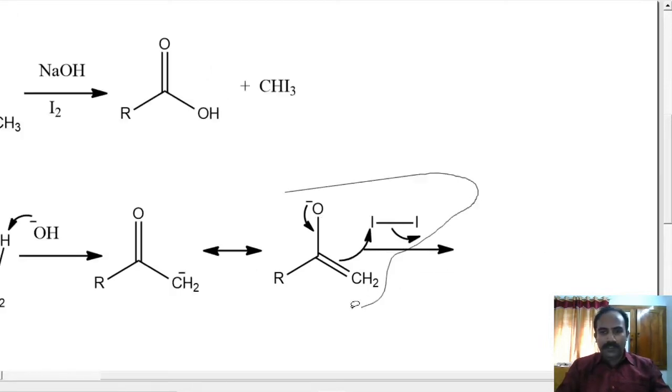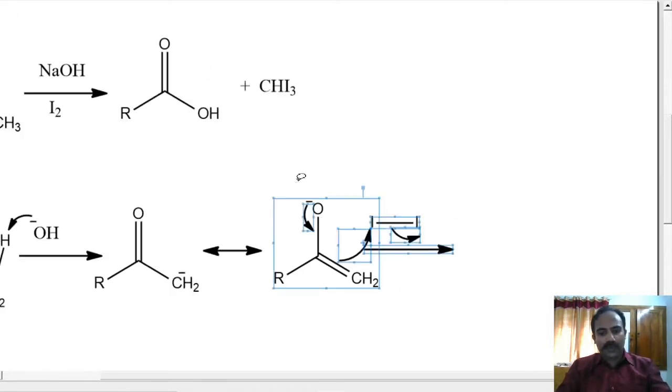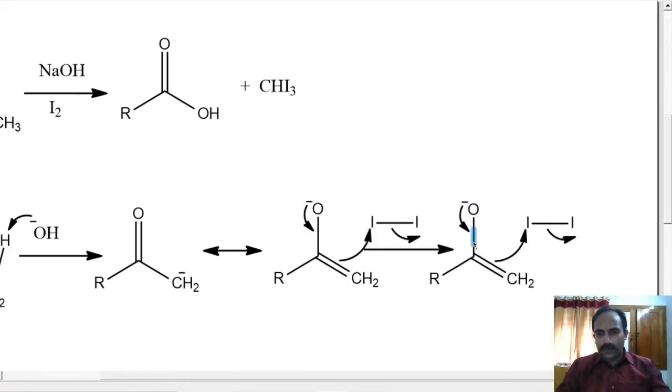Let us copy the whole thing down and try to make sense of the curved arrows. This means it's going to be a new bond here. So the negative charge is no longer there. Let us remove the negative charge on the curved arrow. And when a new bond forms, this bond breaks. Obviously, the two electrons in that one are going to make a bond with this iodine. And it's auto correction CH3, don't mind. Okay, there is a new bond.